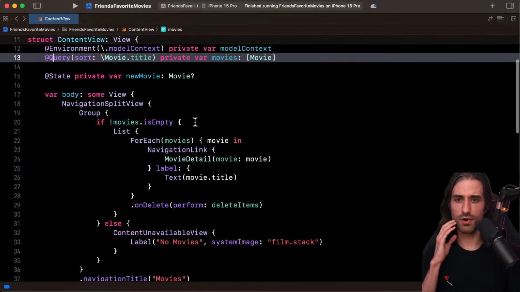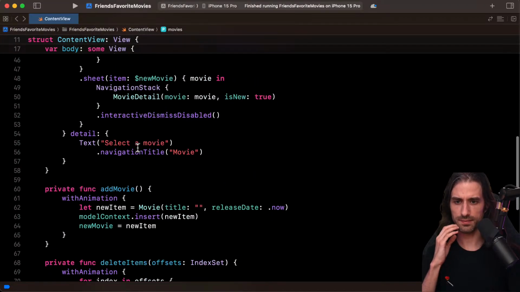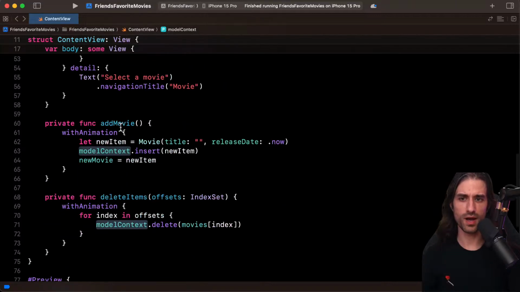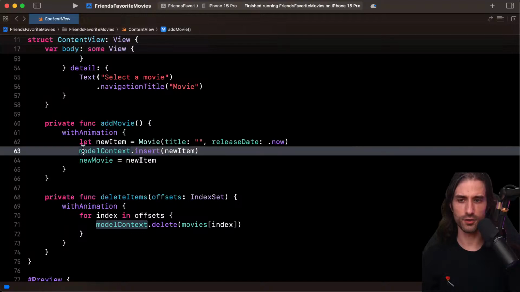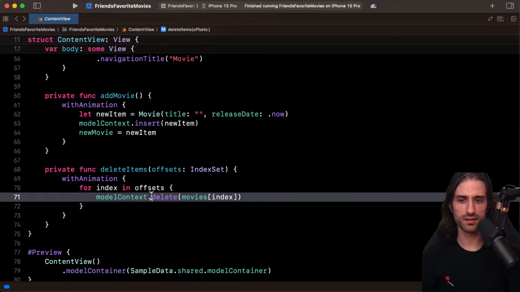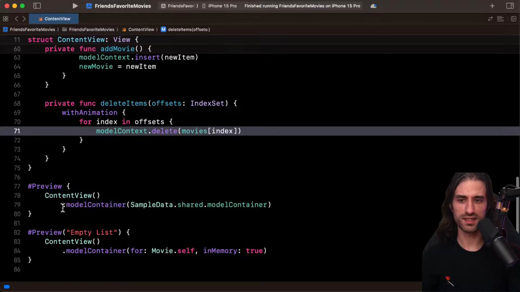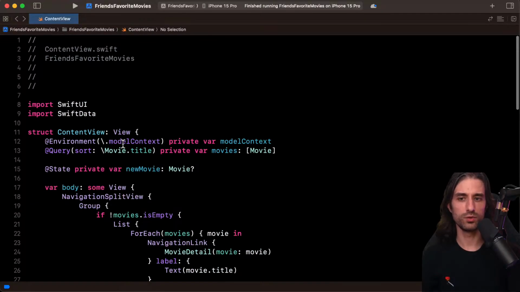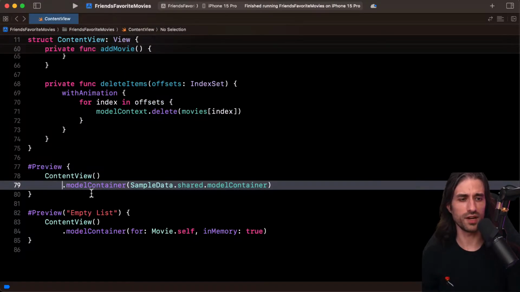Then we have code here that is more about SwiftUI in a way. How do we use the context? We use the context here when we are adding a new movie. So we insert the new piece of data inside the model context. And when we want to delete, we also use the model context for that. And you can see that it's being injected here through this modifier, modelContainer, which is similar to injecting into the environment. I guess this does a few extra things than just setting the property for a key path that allows you to retrieve the property through the environment, but the idea is kind of similar.